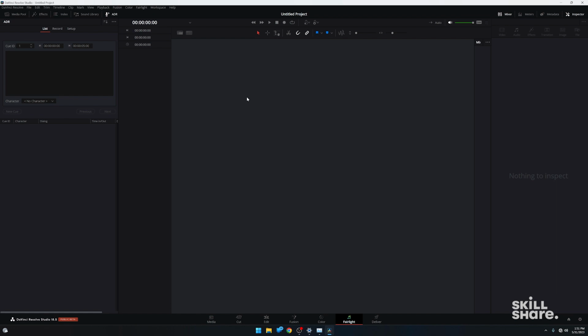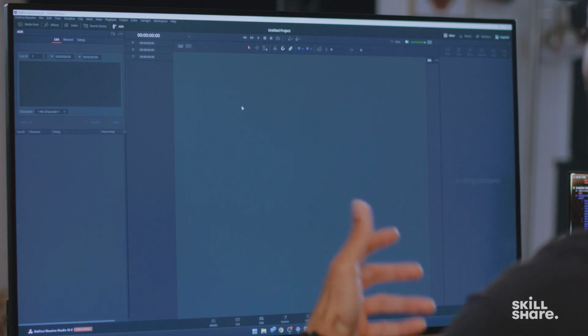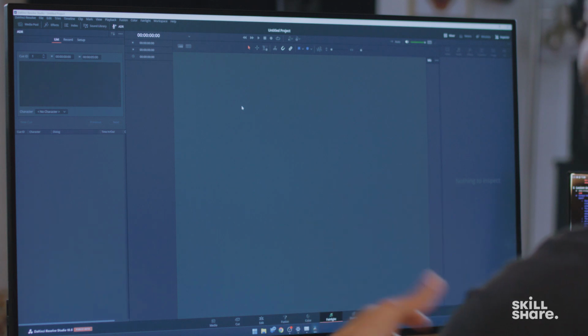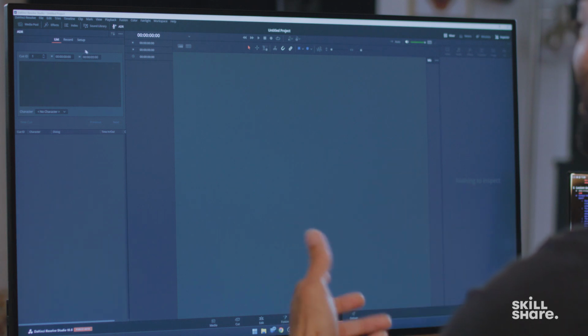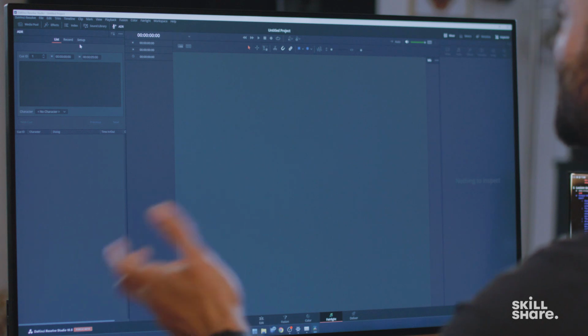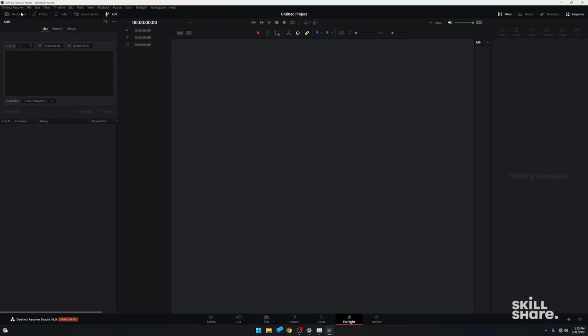You have your Fairlight tab, which is all audio. This is a one-stop shop for everything audio. It is literally what they call in the music industry a digital audio workstation, where you can have effects and plugins and VSTs and virtual instruments, and you can record in here if you want to do any ADR or voiceovers. You have mixing controls and dynamic controls of noise gates and compressors and limiters. It's an amazing, amazing tab for audio, and you can really fine-tune and do great sound design thanks to this